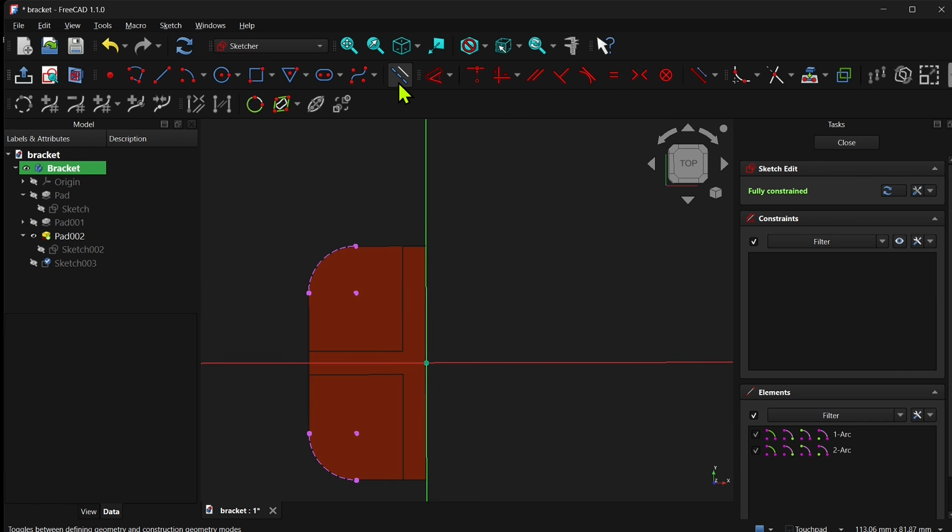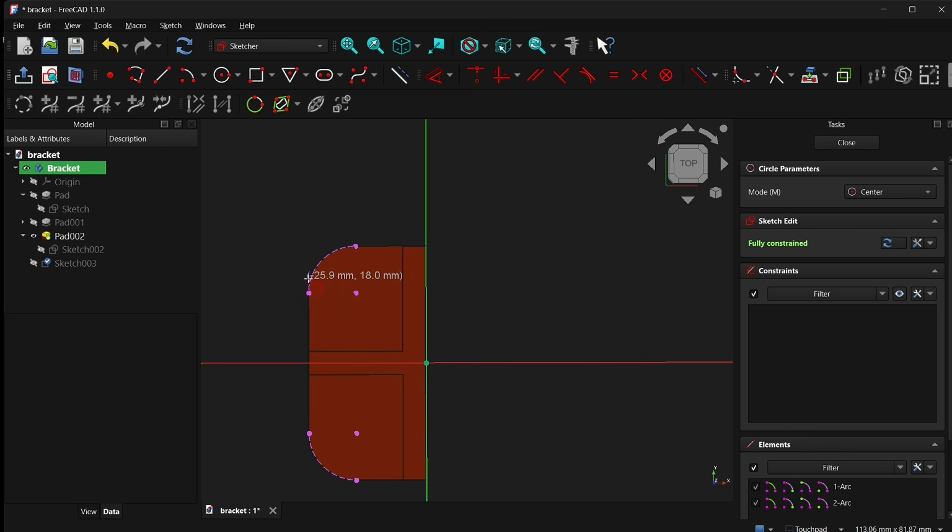We can now swap back to defining geometry, making sure these are still dashed, and select the circle tool. If I hover over the center point of the fillet, we can constrain the circle coincident to there and type in 10 millimeters and hit enter. Let's repeat for the bottom,